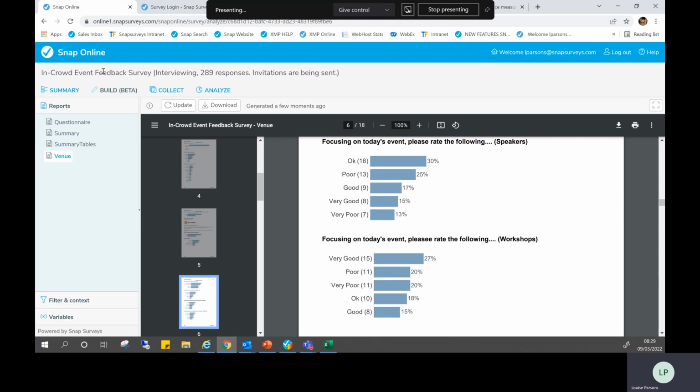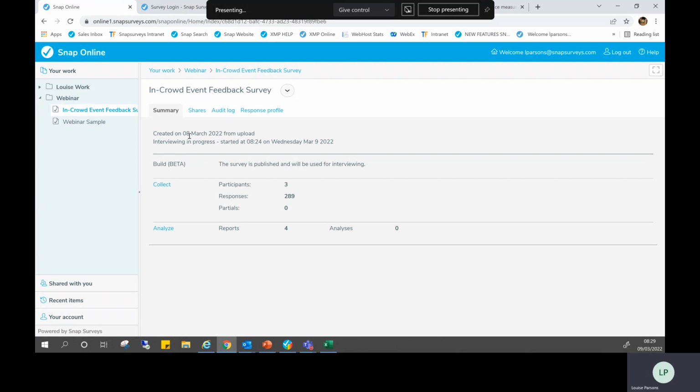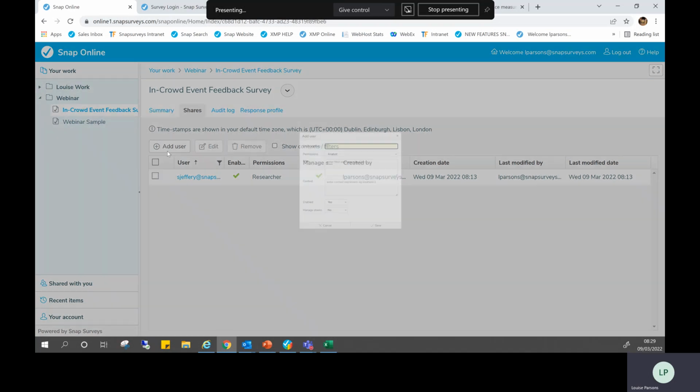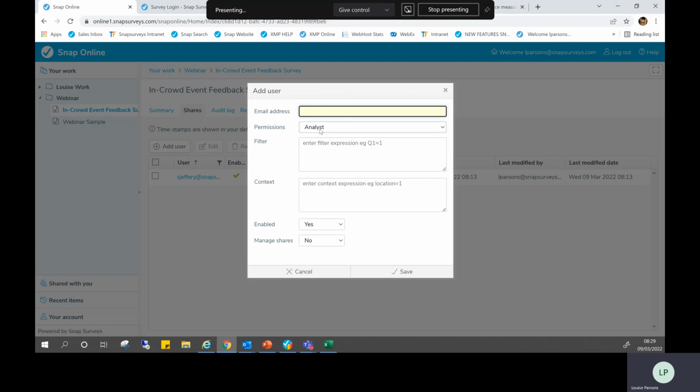And then finally, I just wanted to share with you how you might share those reports, for example, not just with your colleagues, but also with clients. Your clients, you can set them up an analyst account, which doesn't cost anything. You can add that analyst account as a user, once again, with the email address. You can select them as an analyst, which means they'll just be able to see the reporting that you put in place there, or an analyst plus data download, which means they'll be able to see the reporting, plus they'll be able to download the raw data if you're letting them.